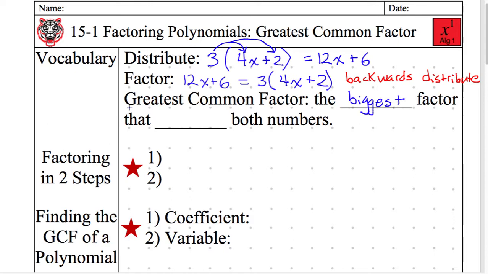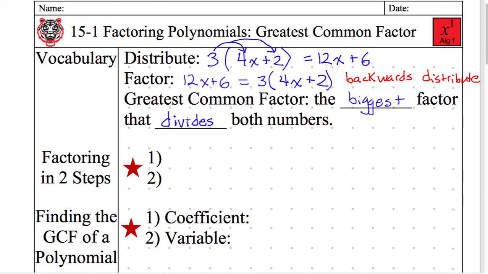And I know that a lot of people use the word greatest, but when I think of great, I think of like Alexander the Great, I guess. He was a great person. So I think biggest is a better word because it's a size number. Greatest is supposed to be a size number, but I like the word biggest. Biggest common factor. So it's the biggest factor that, and as Andres says, divides